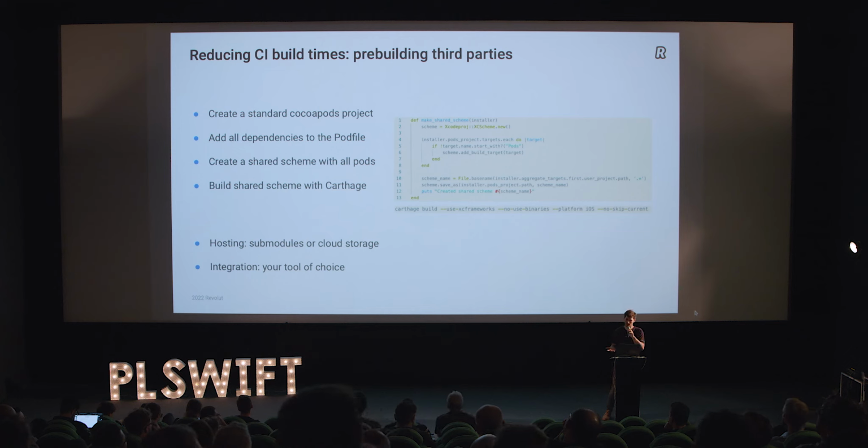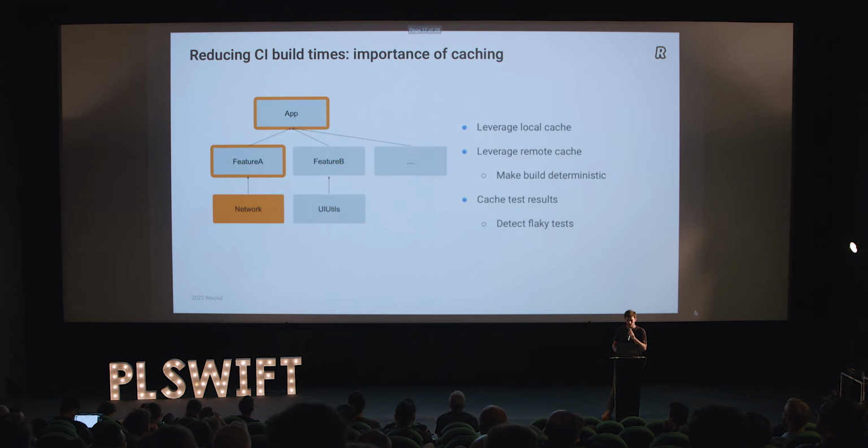Okay, your third parties are pre-built, your CI is the most powerful possible, and still you have slow CI build times. And then you start thinking, like, what do we do every day? We just make a pull request, we change a couple of lines, 100 lines, 60 lines on a module, but still CI has to build everything. Why? There's no point. CI has to only build the module I change. CI has to only test the module I change, right?